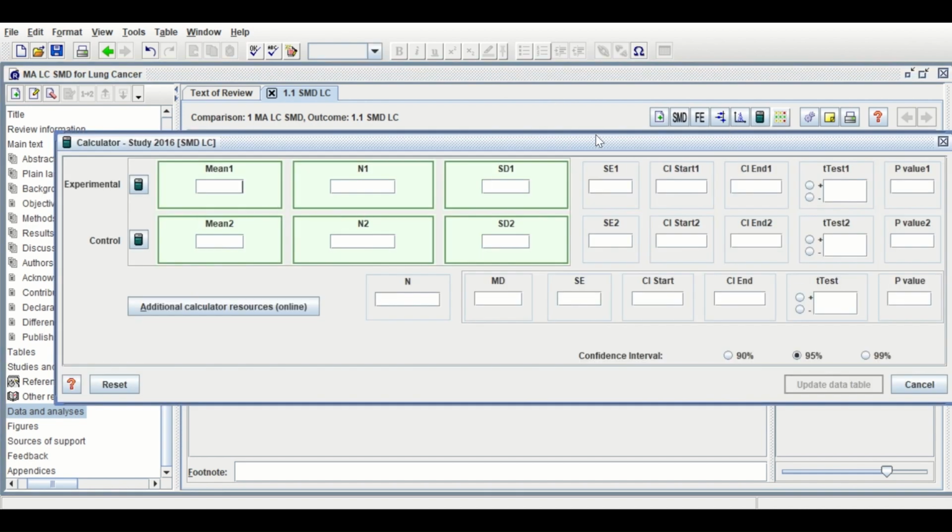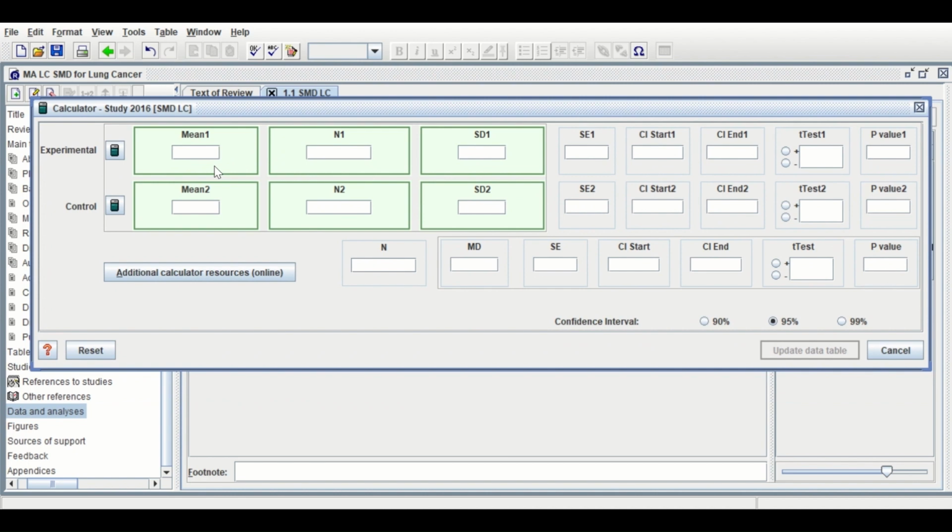calculator here. In the calculator, enter the mean for the experimental and control, the total number of samples for experimental and control, and the standard deviation for both. For the first study, the mean is 36 and the total number is 12 and the standard deviation is 5.3. For the control, the mean is 28 and the total number is 12 and the standard deviation is